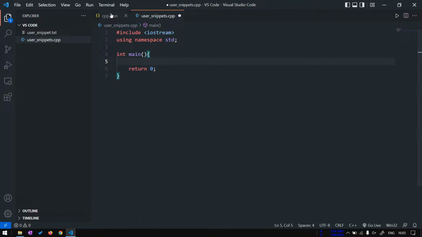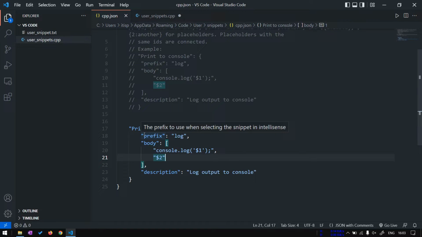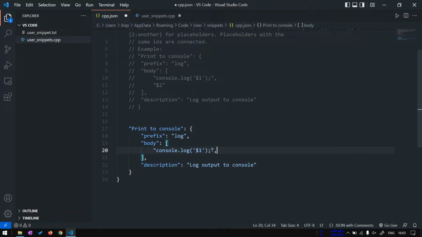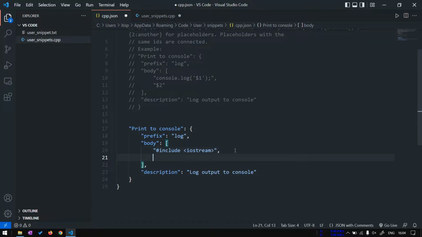So what I will do here is, your prefix is log, so I am leaving it as it is. I will remove this $2 from here, and inside these double quotes I will type include iostream. Okay, then below this line I will use double quotes and I will type using namespace std. Okay,